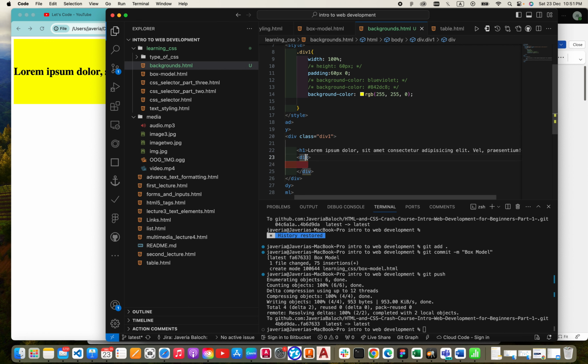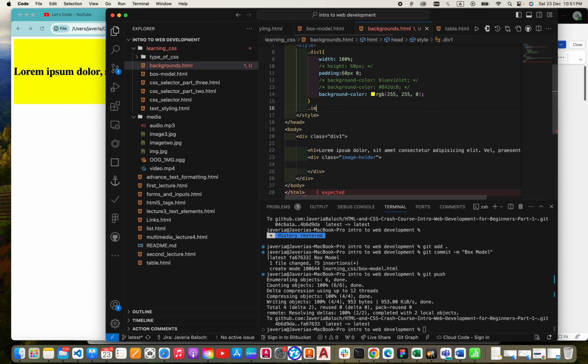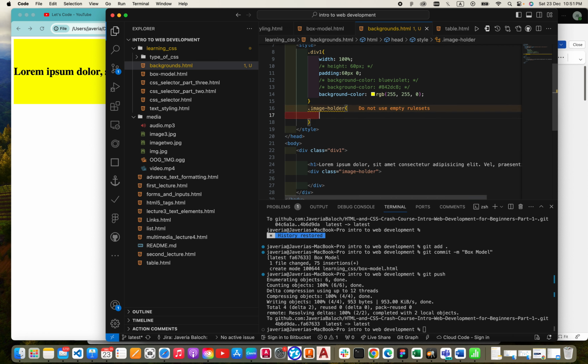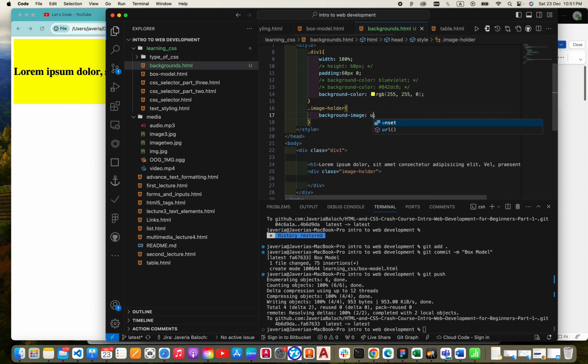And I'm going to name this image holder. Here I'm going to call it dot image holder, and the background image URL,